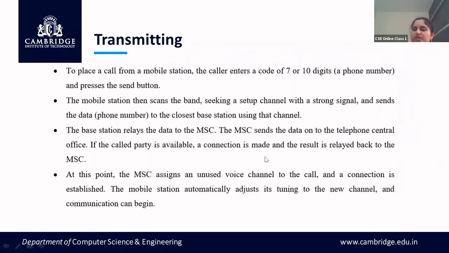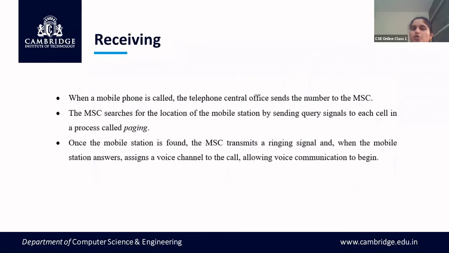Once the communication begins, if it is a mobile station, what happens? As and when you are moving, your range of frequency would change, right? At the receiving end, what will you do? Suppose I have called a particular mobile number; I am the sender, and the other person whom I have called is the receiver. At the receiver side, again the location is tracked first. Once the location is tracked, it will send a query signal. Why is the query signal required? In order to check whether the number you have called is free or not.